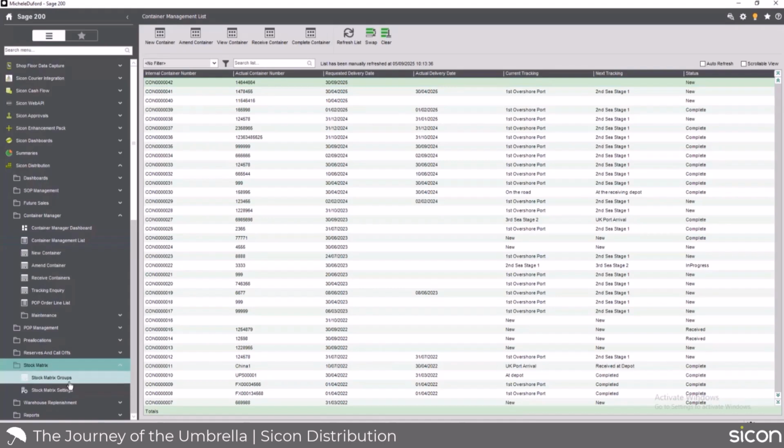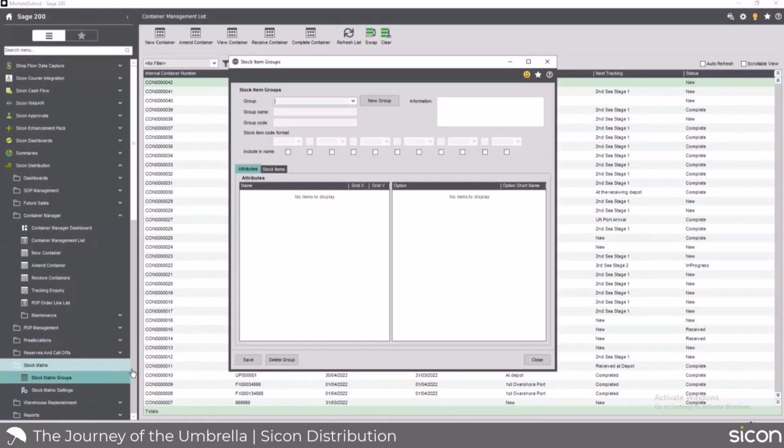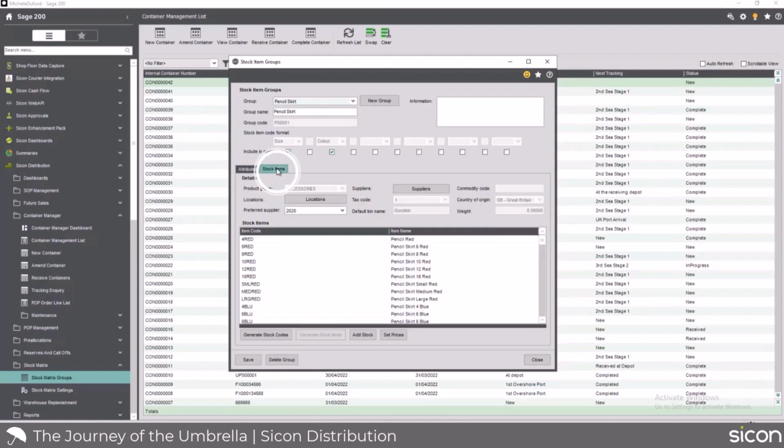Stock matrix. So in here, if we look at our pencil skirts, as you can see, I've got my size and color. In my stock items, we have created a number of individual SKUs off of the back of me simply saying my pencil skirts come in a variety of colours and sizes, create my SKUs for me. If we then want to choose one of these, so if I was just to choose my 16 NVY